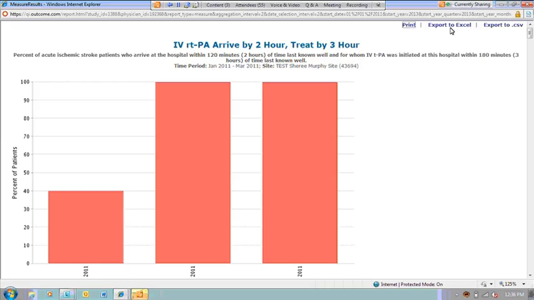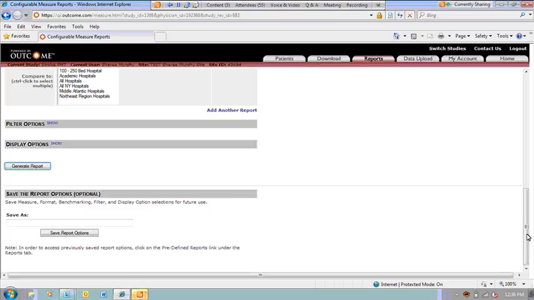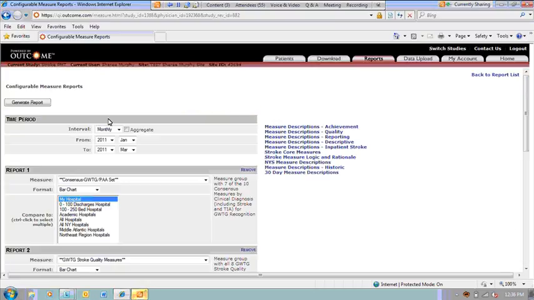You can also export to Excel, but for this particular type of report, that may not necessarily be as helpful. Like I said, we were looking for a quarterly report, so you could also come back to your time interval now that you've looked at the monthly breakdown and either click Aggregate, which will group January through March together, or you could choose your quarterly report and do quarter 1.